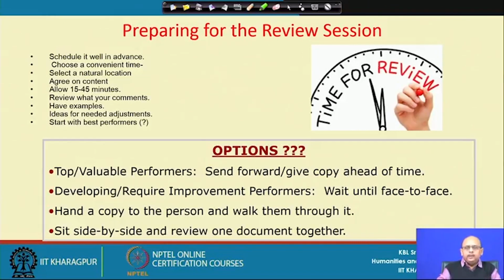So, it is a good idea for the supervisor to prepare an agenda based on the performance of the employees, which could be taken up for review at a convenient time and location. Now, how much time you are going to devote to the review is another issue, depending upon the nature of the job the person is doing, right. If it is very subjective, then it will take more time, and assessment also takes more time,